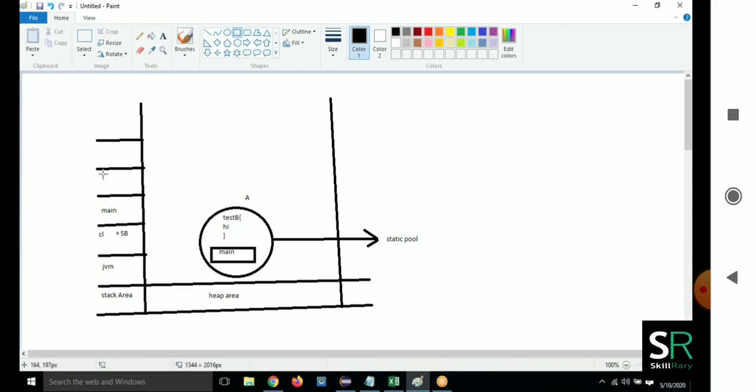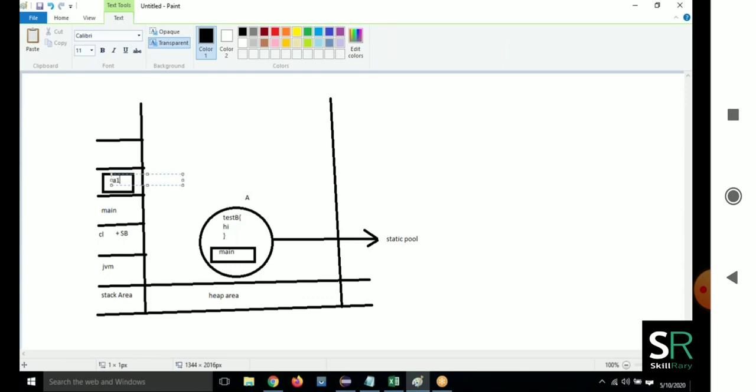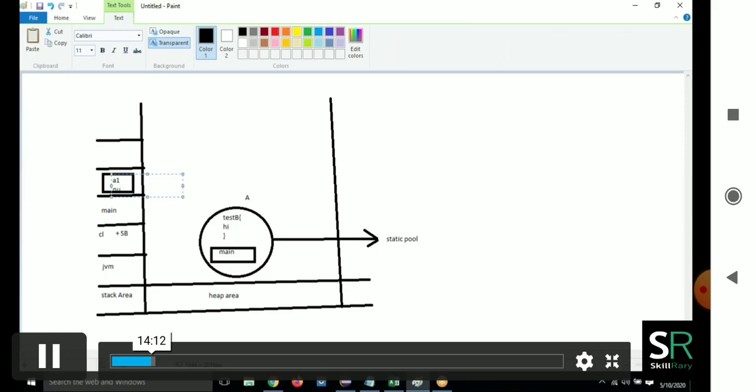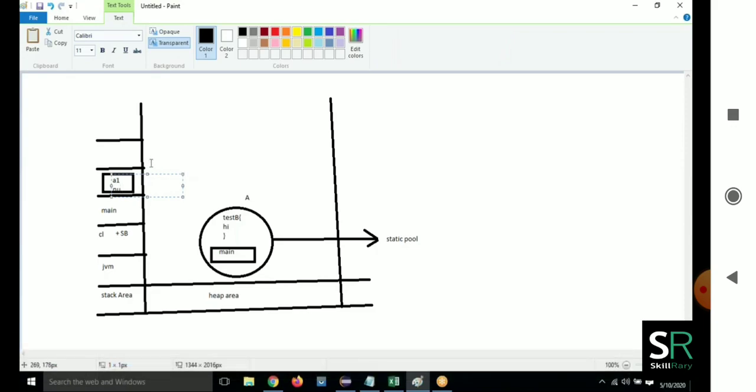One second. In the beginning it will be holding the null value.